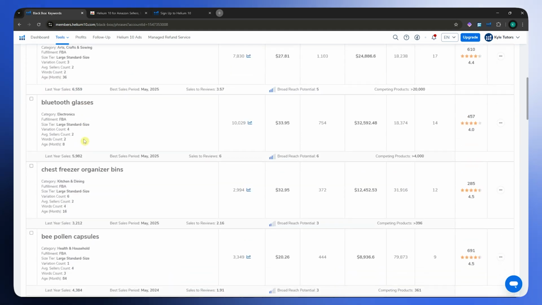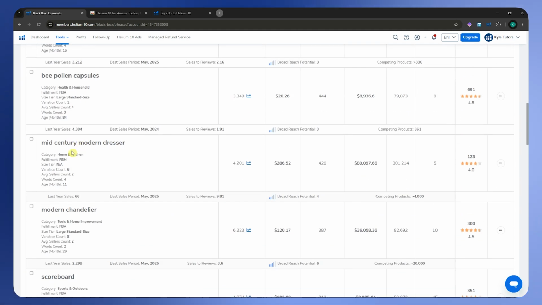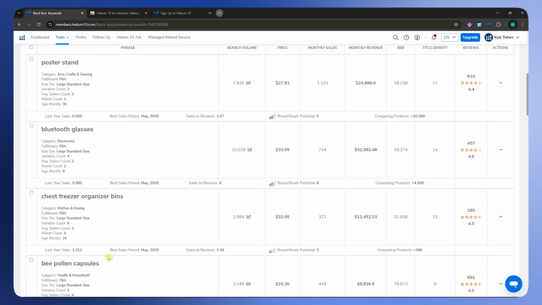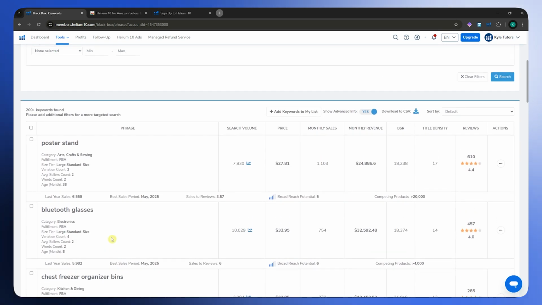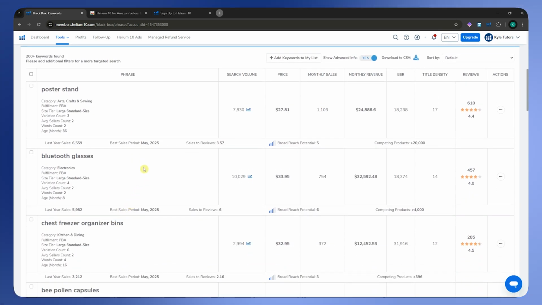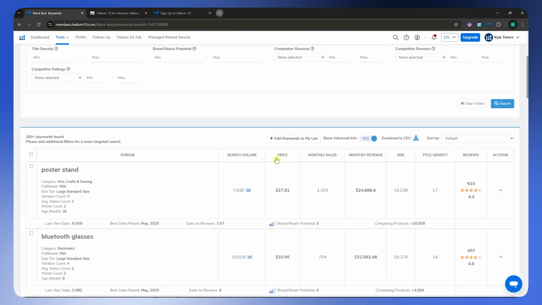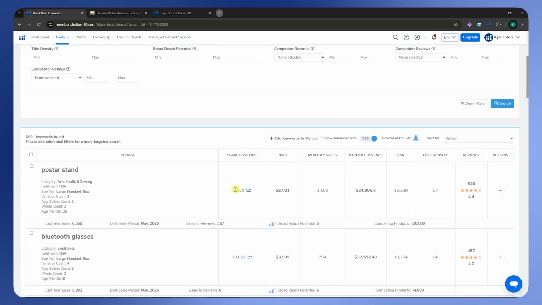And as you can see, the keywords here are very random. Like this one is a poster stand. The next one, we get Bluetooth glasses, and then chest freezer, organizer bins, and so on. This is great if you'd want to go for a broad targeting or you don't have a specific niche in mind. So in here, you'd now be able to see the search volume, which is really great, really high, and